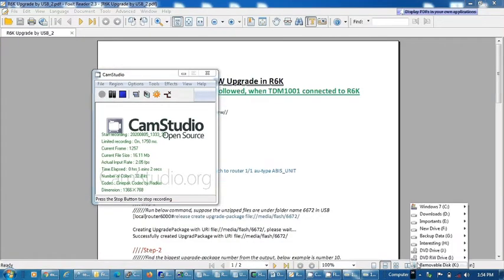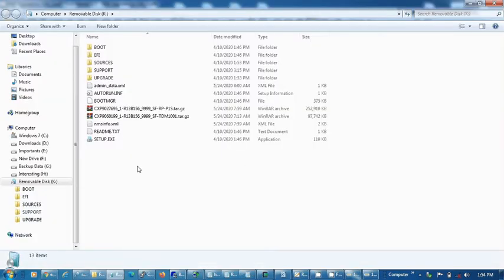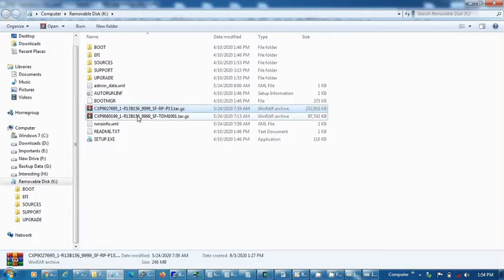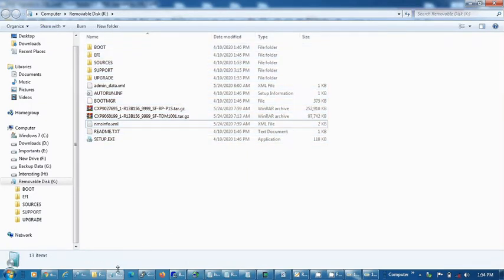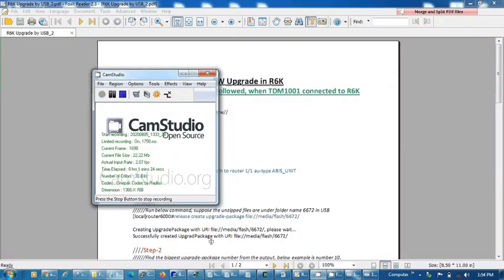So now I will put my software, this R13B, I will update. 4 files related to this software I will put in my USB, and then I will install this USB in my router. There are other files also in this router, but I don't care because these files were already there. I just put these files here. These are software for router and TDM. Let me connect this USB with the router.